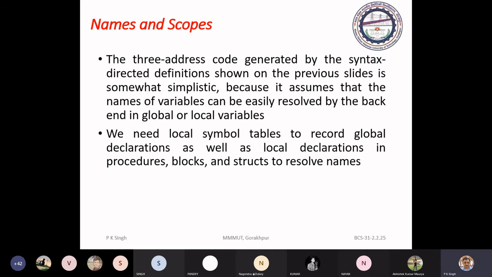Okay, means suppose there is a variable A and you are executing the program. This program is a big program in which several functions are being used. For this variable in a particular function, the lifetime of this variable is defined by its scope.